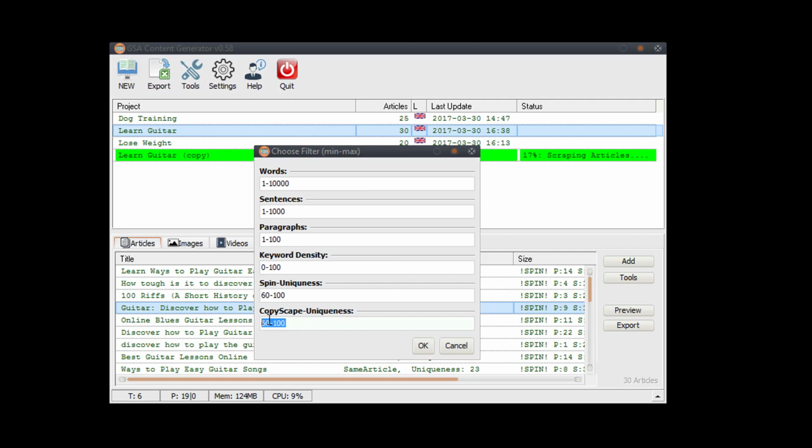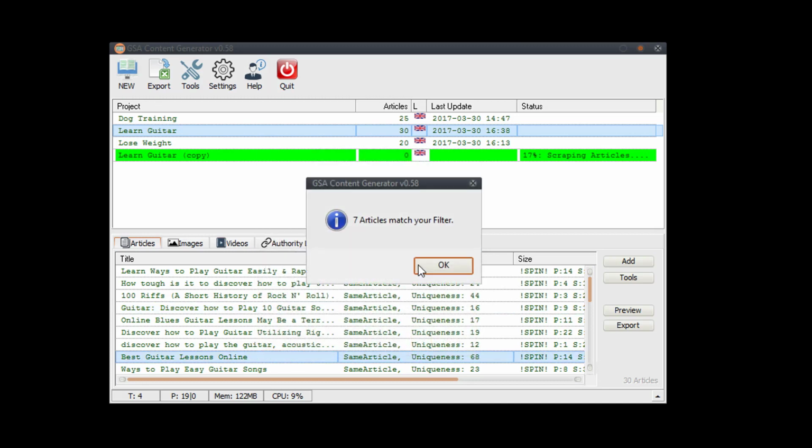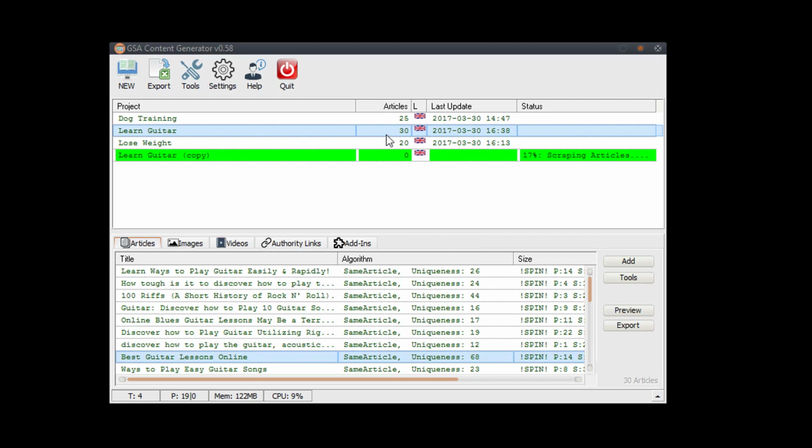So let me show. So let's say I wanted really unique articles and I only wanted those articles. I could set this to, let's say, spin uniqueness 60. And so out of these 30 articles that I had scraped, you can see it highlighted the ones that meet